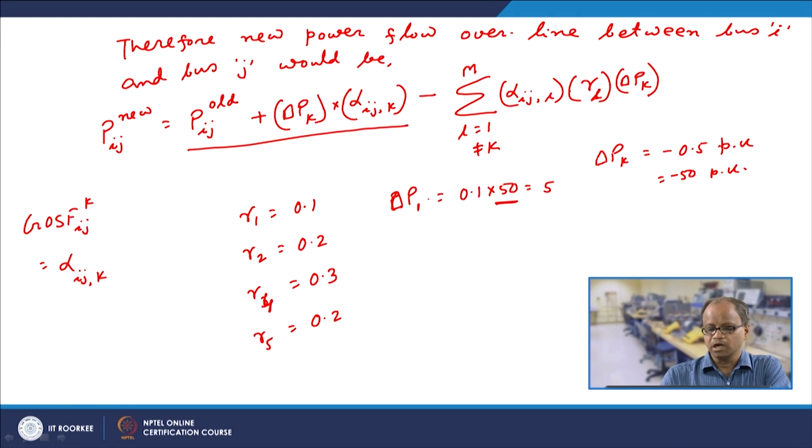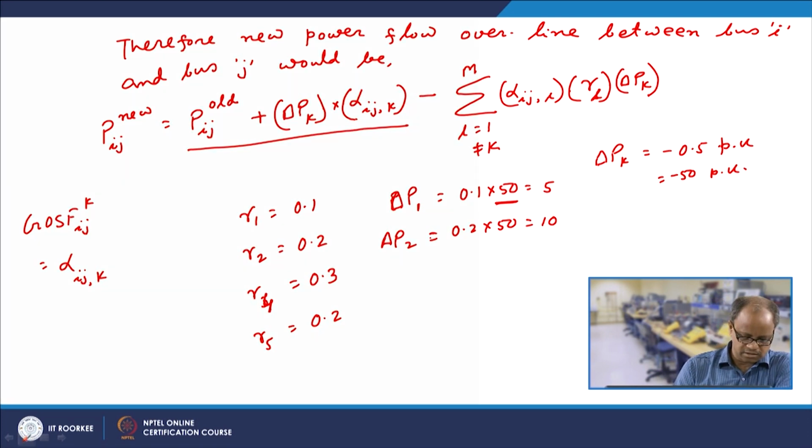So therefore, it would be positive. Here in this case the generator was going out of order, and this one is giving more, so this would be opposite in sign. Similarly, delta P2 would be 0.2 into 50, which is equal to 10, and so on and so forth. So if we apply this,